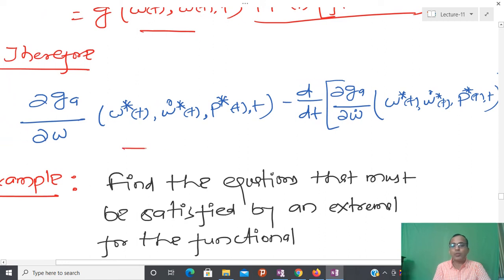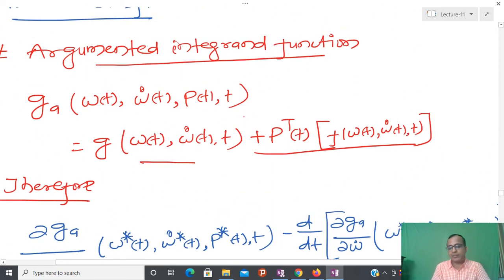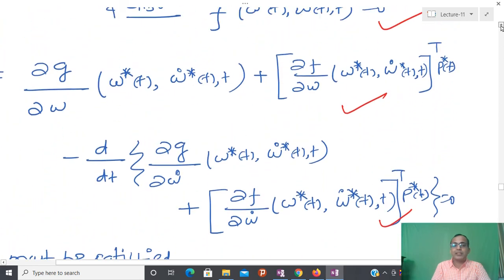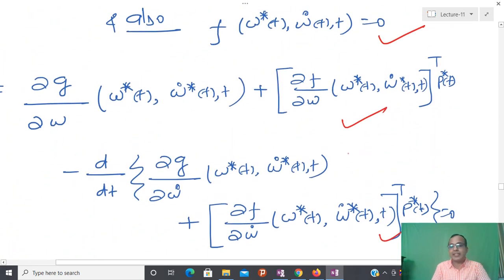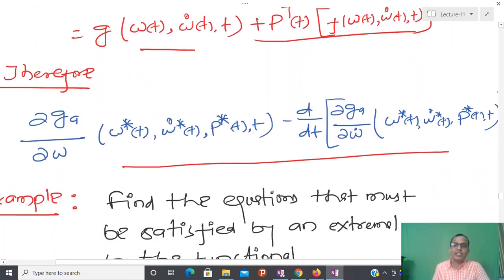And after that, now again you can see that if I solve the Euler equation, because the augmented function whatever I have considered also contains one more term, omega dot, due to that reason automatically if you solve the Euler equation, then the extra term that is generated inside this particular differential equation or partial differential equation is automatically covered. So there is no need to worry.